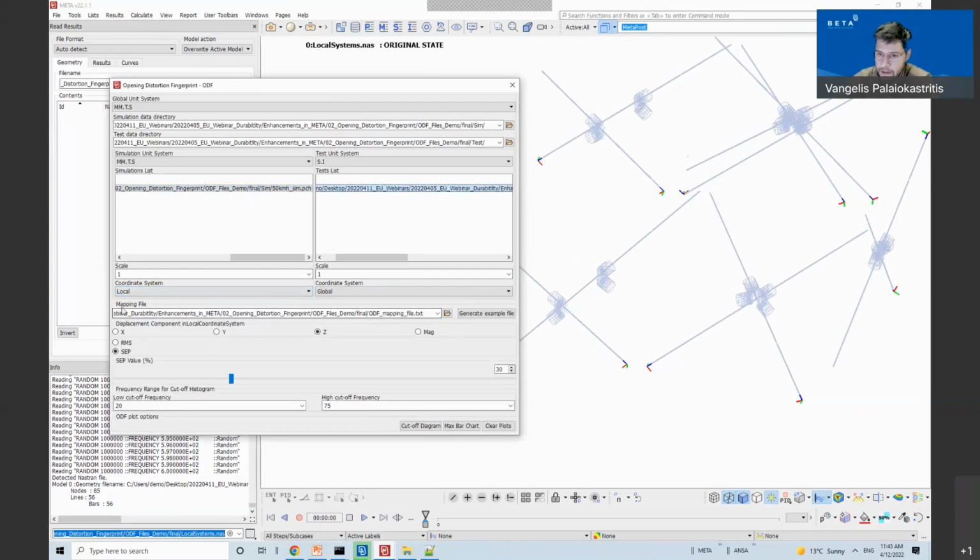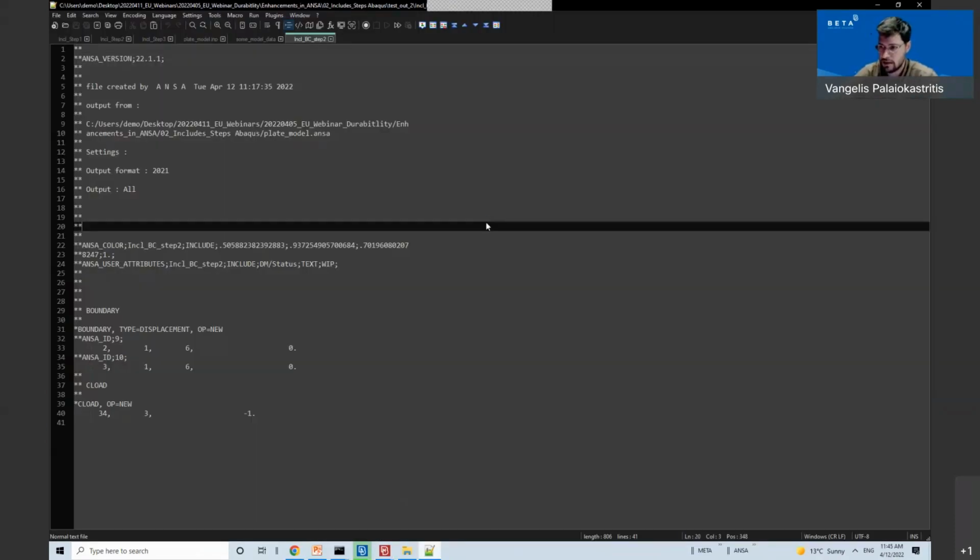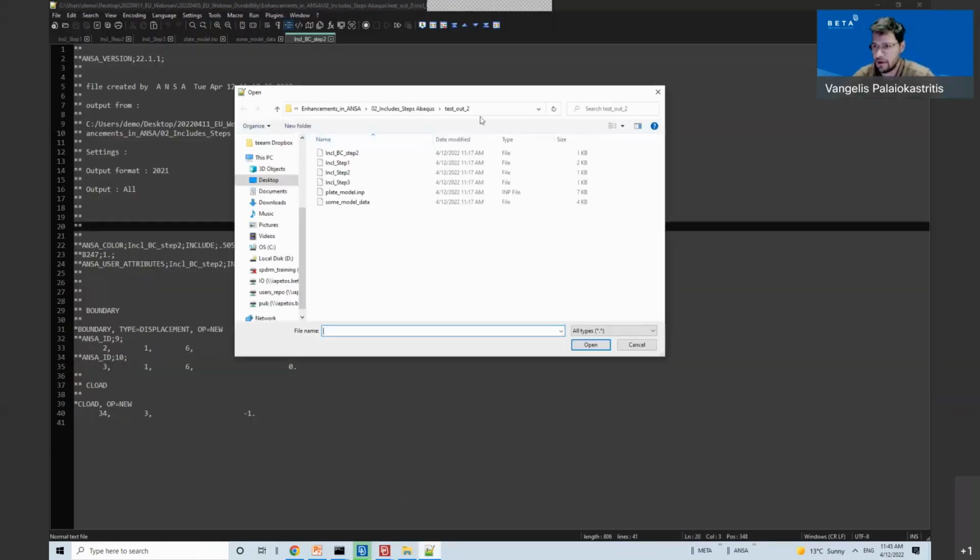A mapping file is necessary so that the nodes will be assigned to the corresponding closures.